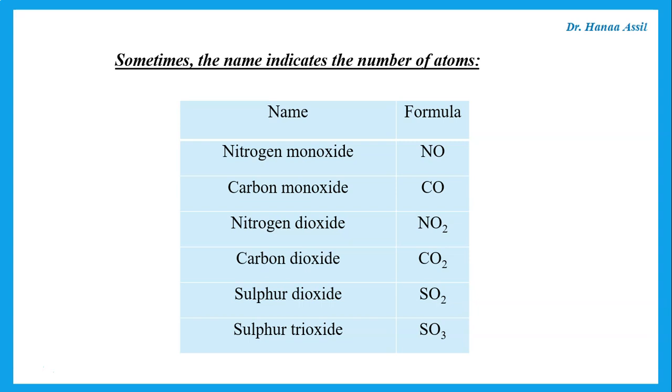Then sometimes we are given an indication that we have an exception. So, for example, nitrogen monoxide. The word mono means 1. So I put nitrogen with 1 oxygen and forget about valencies. Carbon monoxide is CO, 1 oxygen, forget about valencies because these are exceptions. If you sit down and do the valency of each of them and put it under the other, there would be a mistake. Nitrogen dioxide means nitrogen and 2 oxygens. Carbon dioxide, sulfur dioxide means we put 2 oxygens. Trioxide means we put 3 oxygens.